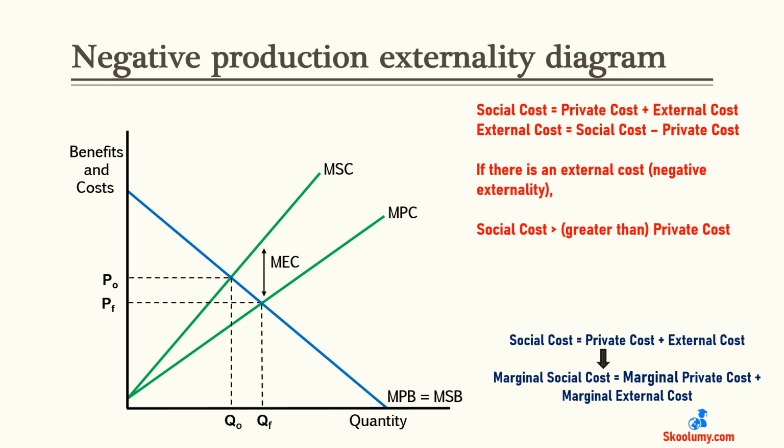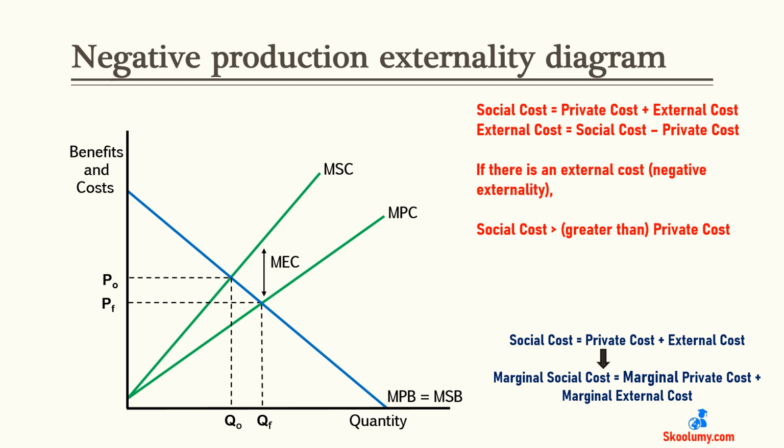In the diagram, the supply curve that is above is labeled marginal social cost. The one that is below is called marginal private cost. We add marginal to have marginal social cost and marginal private cost. On the graph, the distance between the marginal social cost curve and marginal private cost curve represents the marginal external